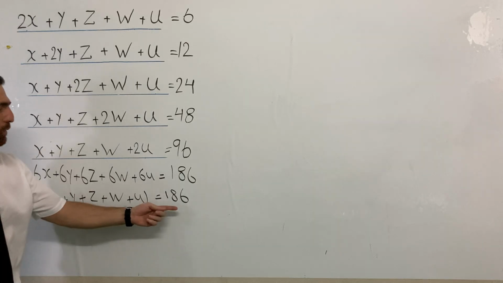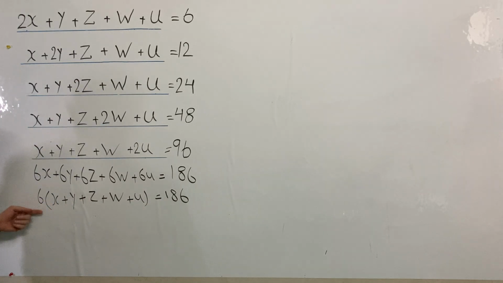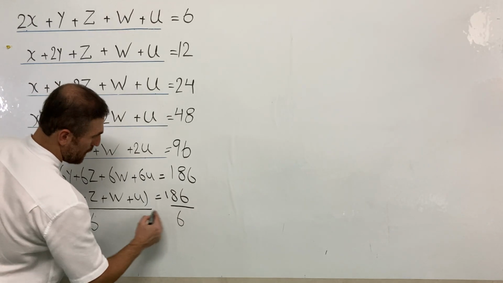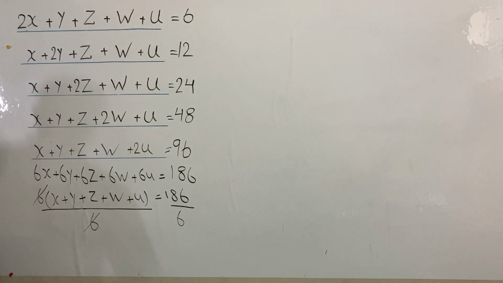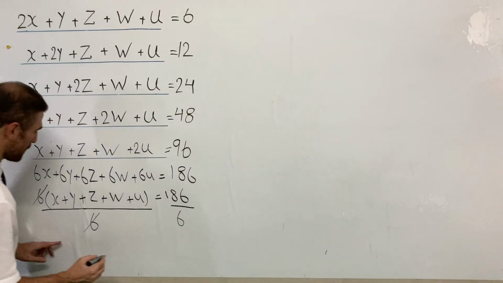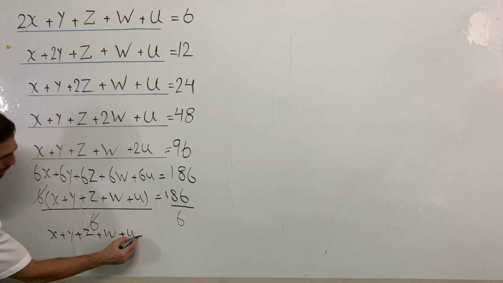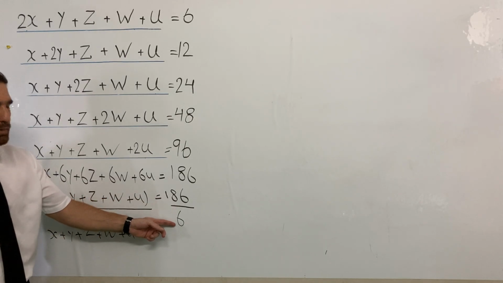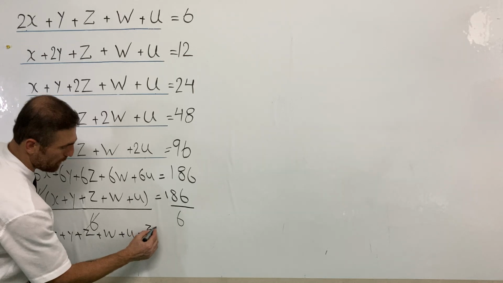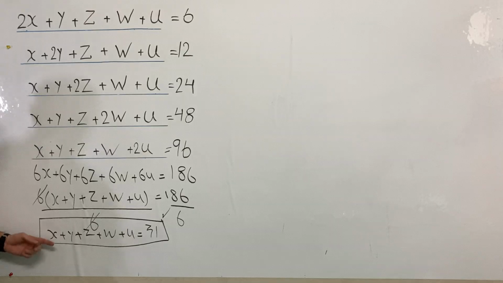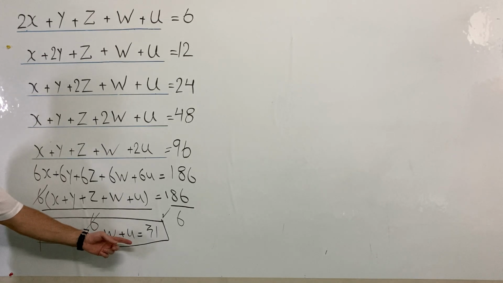Now, let's find the value of x plus y plus z plus w plus u. To do this, we need to divide both sides by 6. Divide by 6, divide by 6. So this 6 can be cancelled off. So left side, we are going to have x plus y plus z plus w plus u. 186 divided by 6 is 31. So keep it here. We need to use this x plus y plus z plus w plus u equals 31